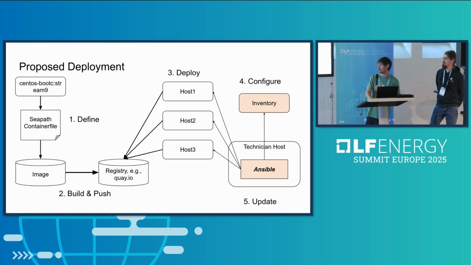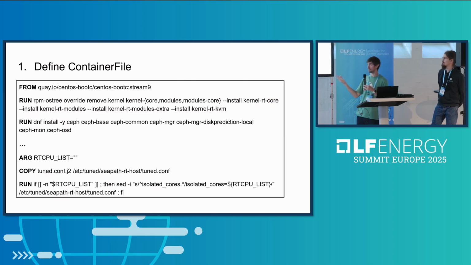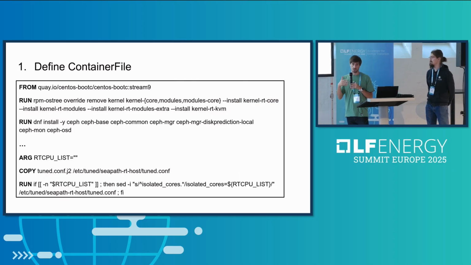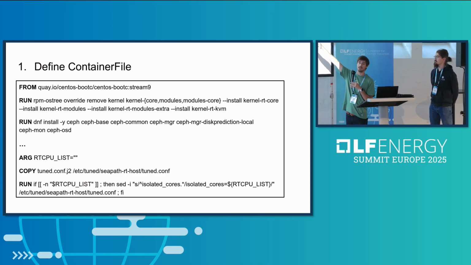So I will go through these steps just to give you more concrete examples about exactly what all those steps mean. So in the definition, we have a normal container file. It's just that the base relies on an image from bootc, which is going to contain the bootloader, the kernel, and so on. Then we will have some